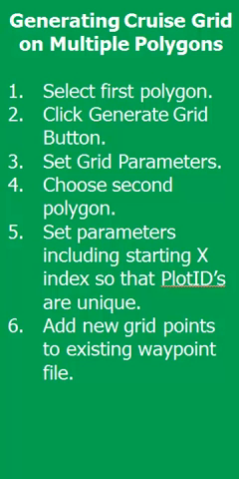Okay, this time let's generate cruise grids on multiple polygons. The process is similar to what we've done before. We're going to select our first polygon, click the grid generate button, set the parameters, create the grid. Okay, then we're going to choose the second polygon, click the grid generate button, adjust our parameters, but this time